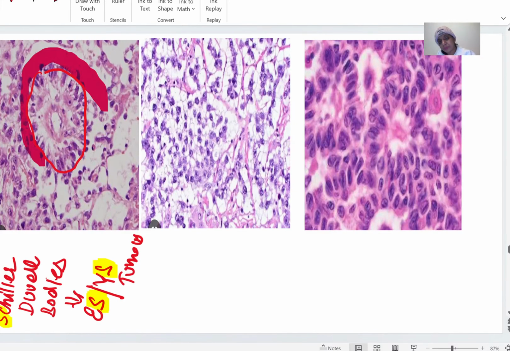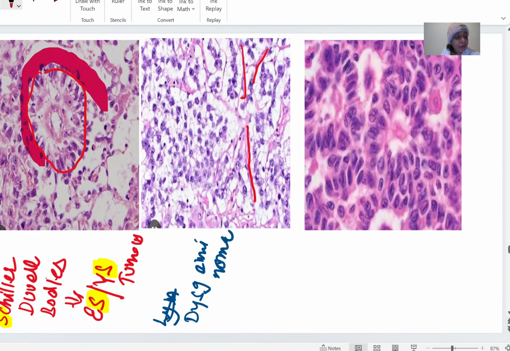What is the second one? This second one is dysgerminoma. Dysgerminoma. Why? Because there are septas. You will see these septas, and there are blue colour cells. What are these blue cells? Dysgerminoma has septa plus lymphocytes. What is this third type of tumor? Yes, this is granulosa